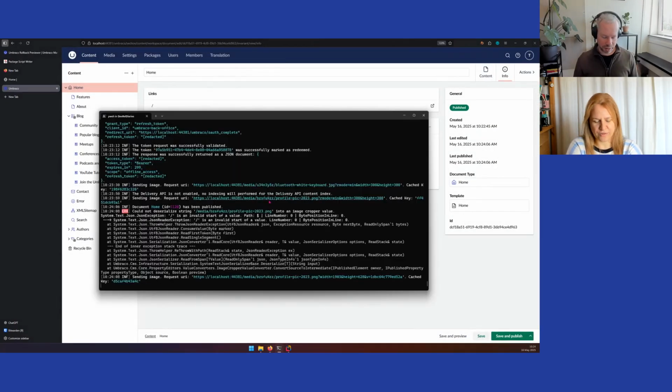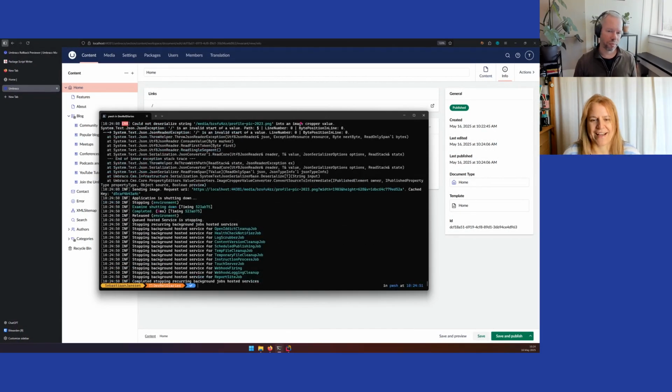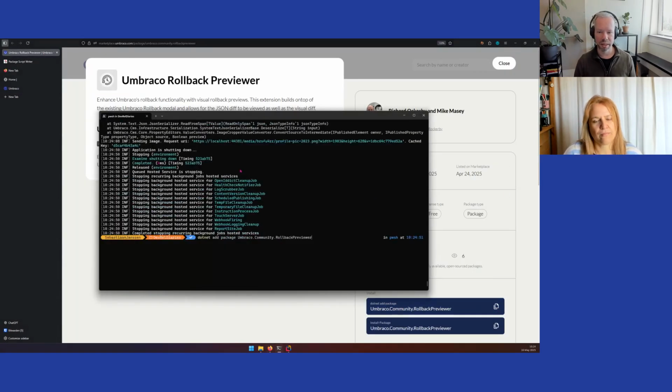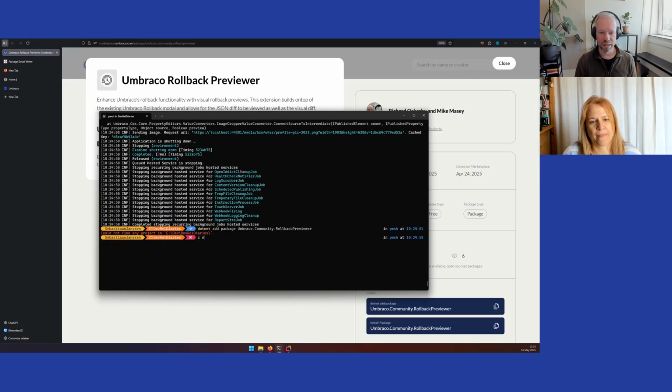Okay, and this is all just core functionality at the moment, and now we're going to add the magic of the rollback viewer package. Indeed. We have a nice copy button here, so I can just copy and paste that. Aha! I need to go to